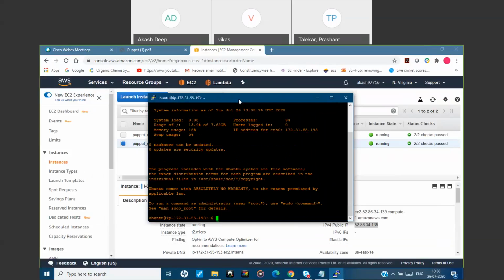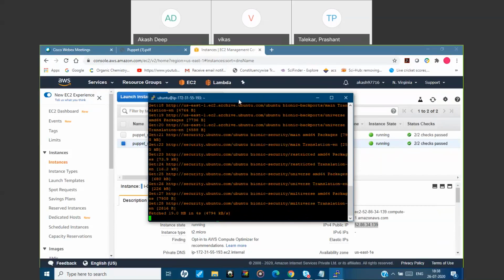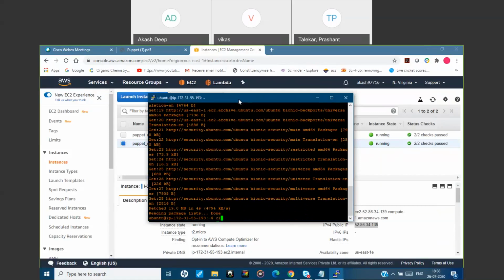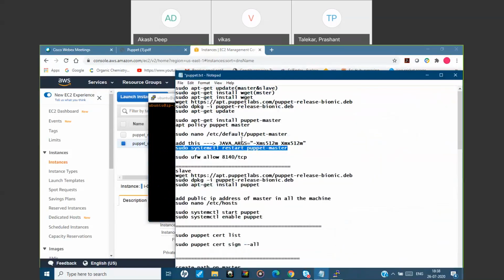First, we'll update our system. After that, again we need to take the configuration from the same website. But what will be the difference? I will tell you.